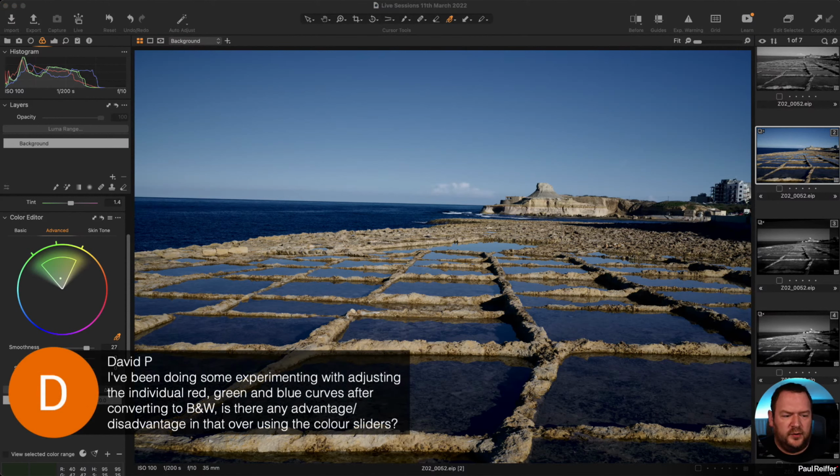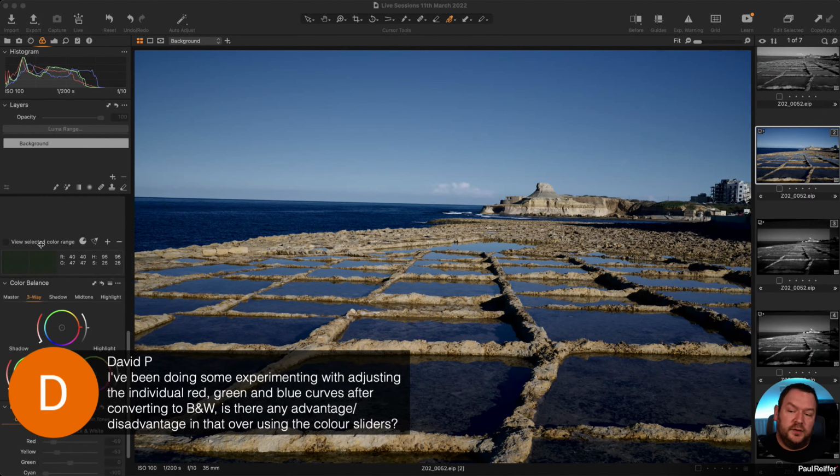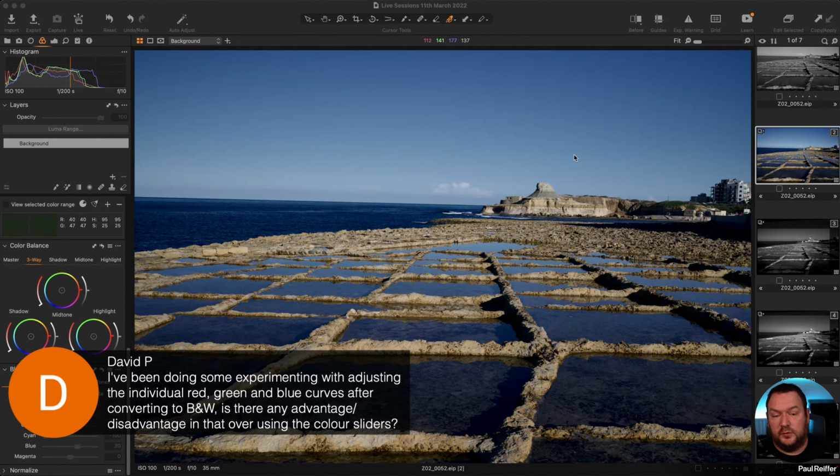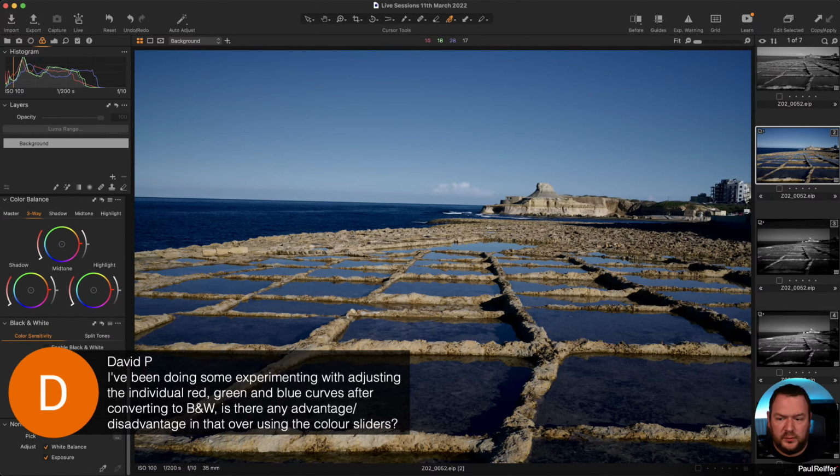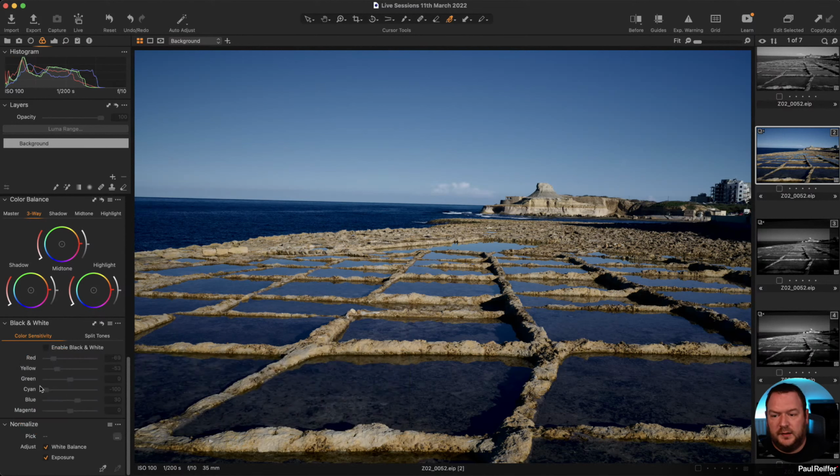David, I've been doing some experimenting with adjusting the individual red, green, and blue curves after converting to black and white. Is there any advantage or disadvantage of doing that over the color sliders? No. So one thing to bear in mind for everyone is when you use the black and white tool, let's just get David's question off the screen. This one here,